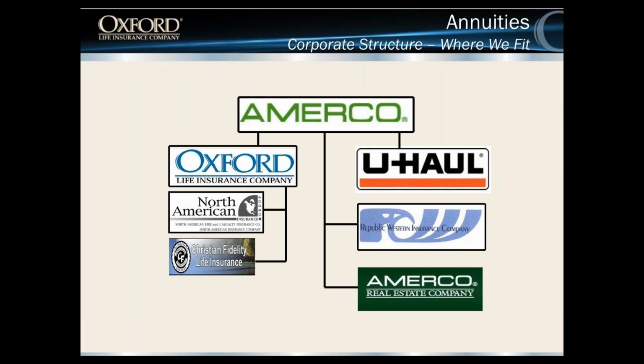Moving and Storage. And I know that's an interesting fit, a moving and storage company with a bunch of insurance companies. But for us, and I guess I really should say for everyone, it's been a good fit. We have a lot of shared services with U-Haul. I mentioned we're based in Phoenix, Arizona. If you visit our home office, you'll find two big U-Haul buildings on the front of the street. Oxford Life operates in a building just behind it. So a lot of things like our legal, our HR, and services like that run through U-Haul,